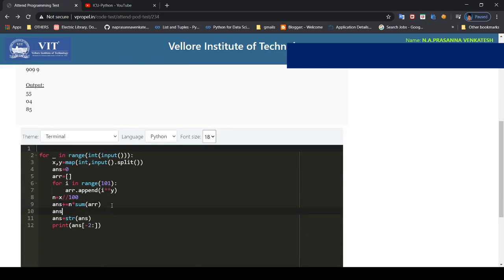And what we should do is that again we should add the summation of this array till x minus n into 100. It means if x is 105, we get that some 100 is there, and from 100 to 105 we need to add again, and 100 to 105 the power y will be the same as 0 to 5 power y. So that's what we're going to do. So again plus 1 should be there.